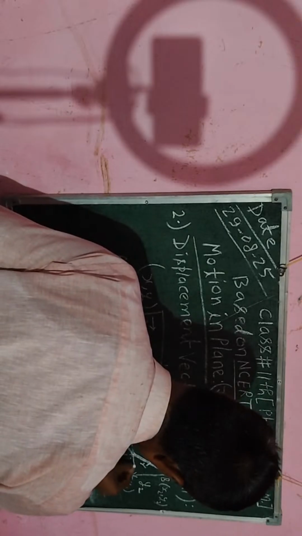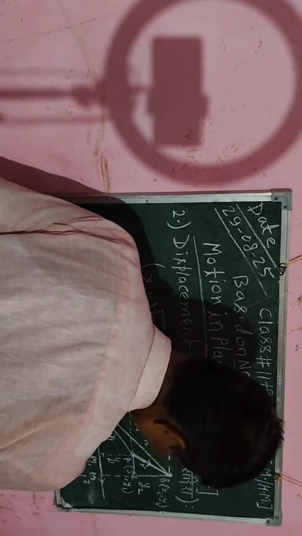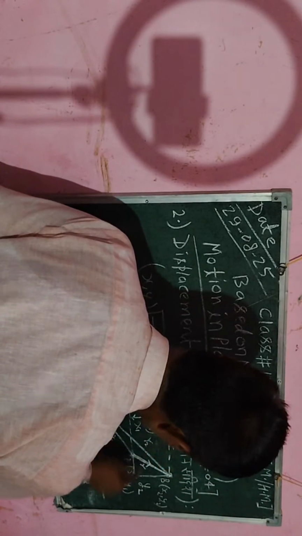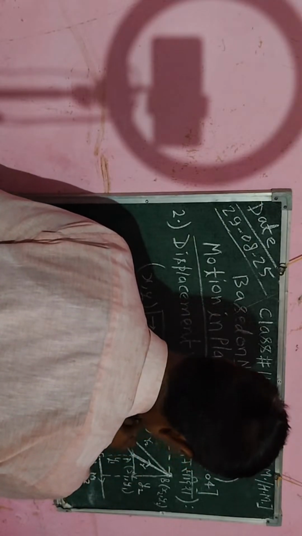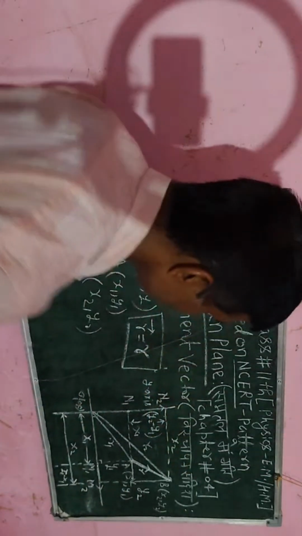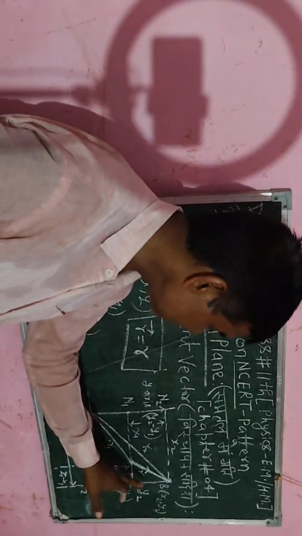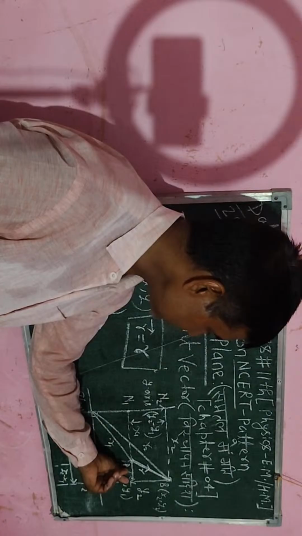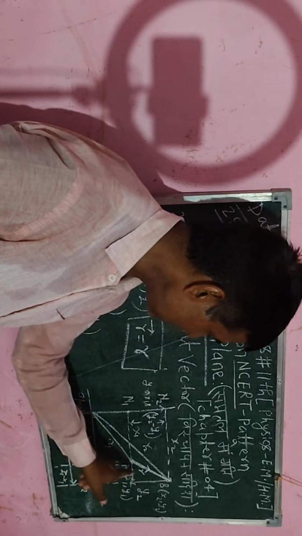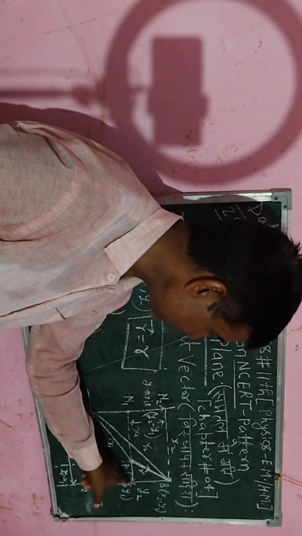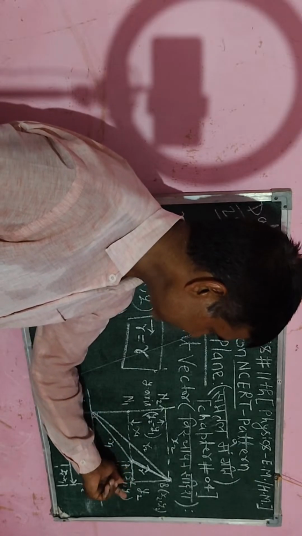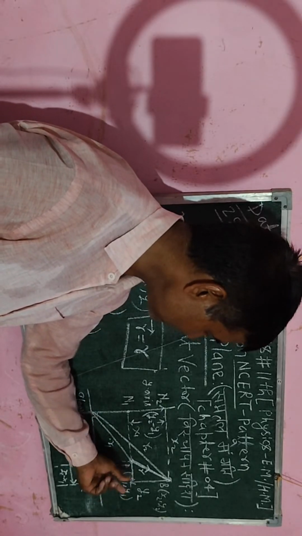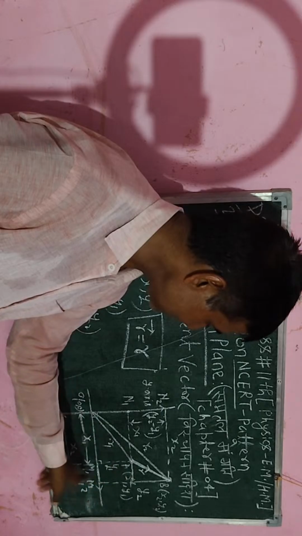This length I have calculated as x2 minus x1, and this length is y2 minus y1. So I will write the position vector the same way. This vector is equal to the coefficient of this length along the x-axis. I will write vector i cap, and the coefficient of vector i cap I will take as x2 minus x1,